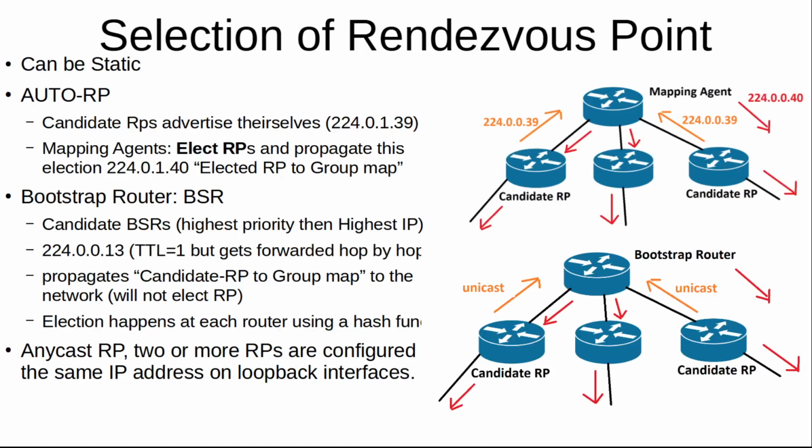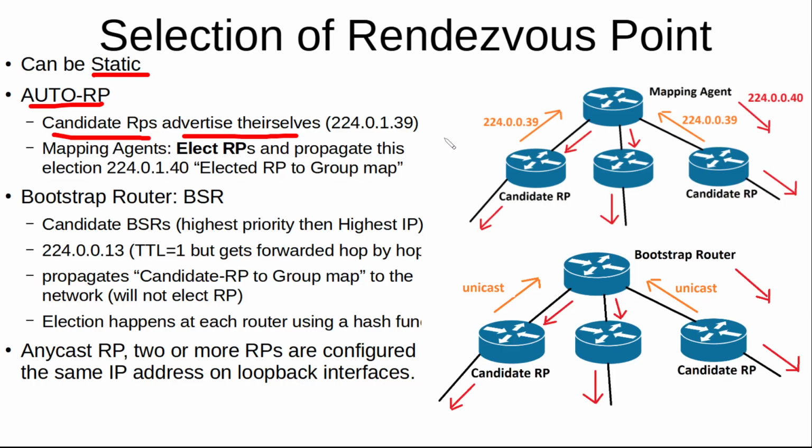Let's talk about the selection of the rendezvous point. You can choose to configure your rendezvous points for each group statically, entering direct configuration for each router, or you can use auto rendezvous point, which is a Cisco proprietary solution where you can have several candidate rendezvous points for your groups. They will advertise themselves using the multicast address